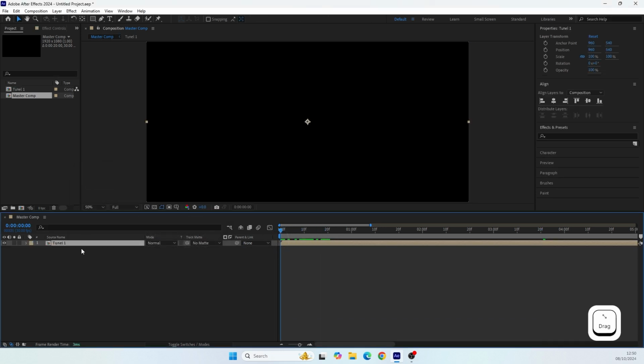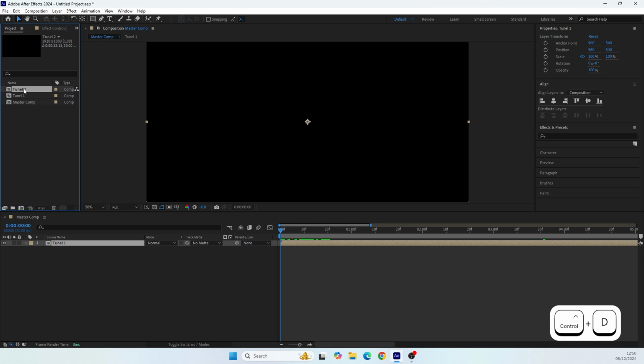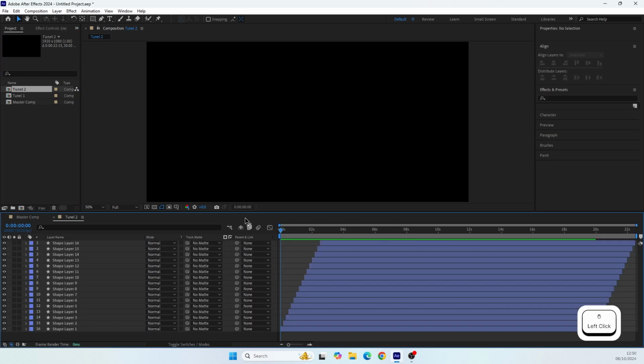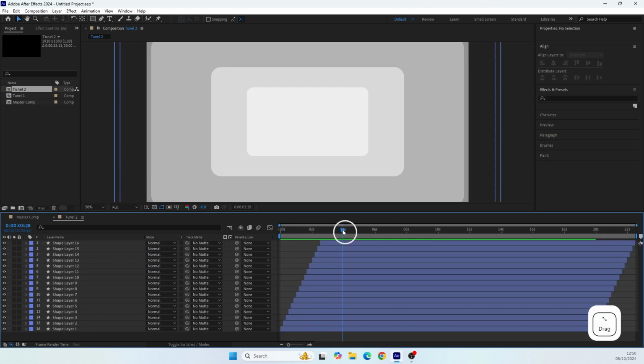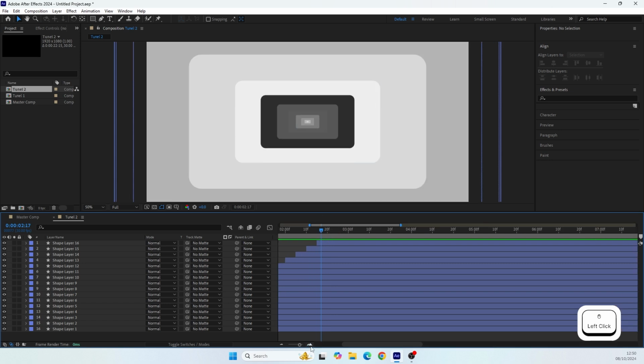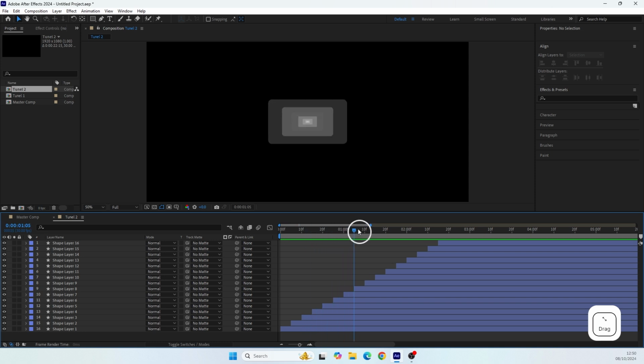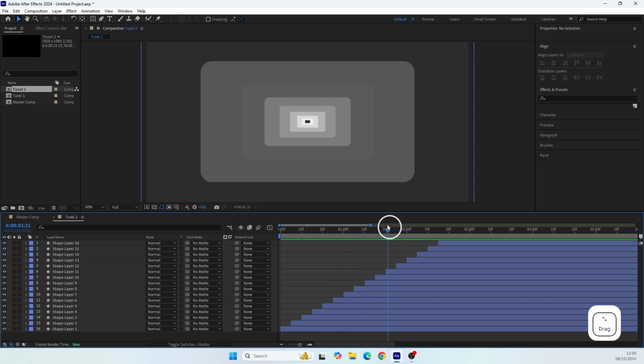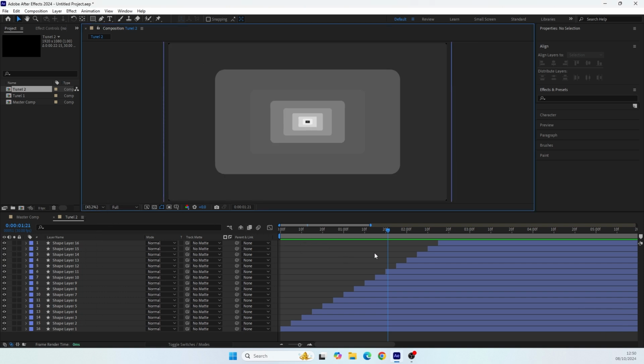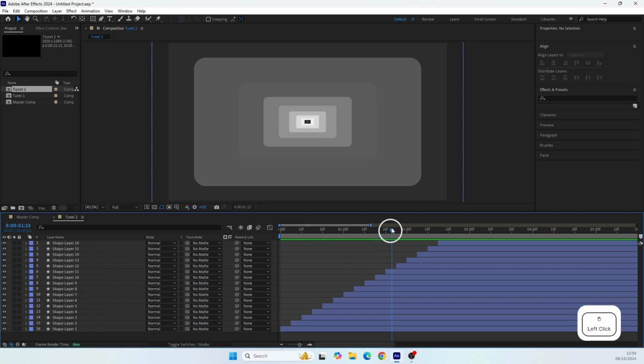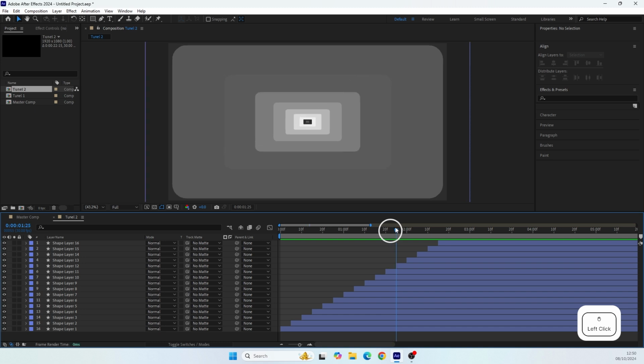And now let's duplicate this pre-comp from the project panel so we can make changes in the new comp without affecting the first one. And in this comp we will make the tunnel play in the endless loop. For this we need to find a starting point that looks exactly like the ending point. So in our case we need to place the time indicator when we see all the shapes in the frame. We can place the time indicator at second number 1 and 25 frames.